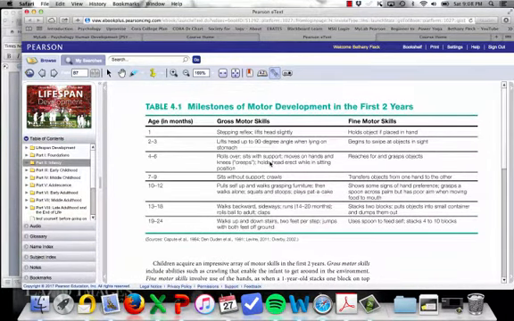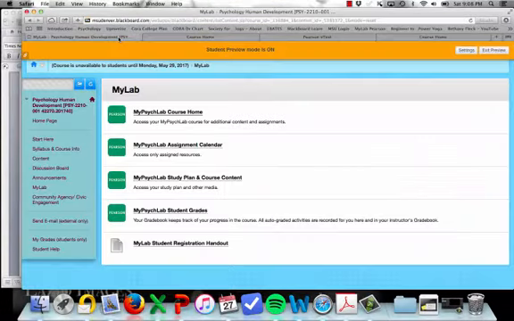The other interesting piece about having an ebook rather than a hard copy is that you can read your textbook anywhere that you have internet access. So that can be helpful if you are commuting, on a train, if you're traveling over the summer, or any other times that you want to get some work done. Okay, so that takes care of the textbook.